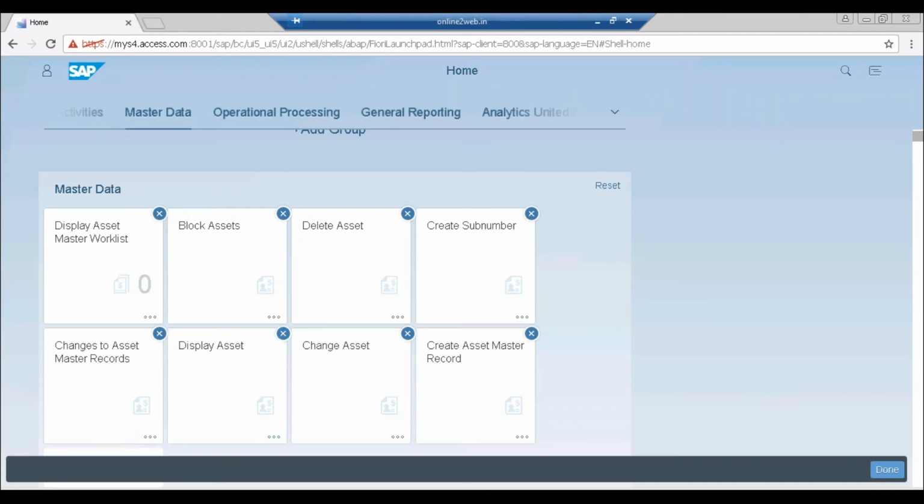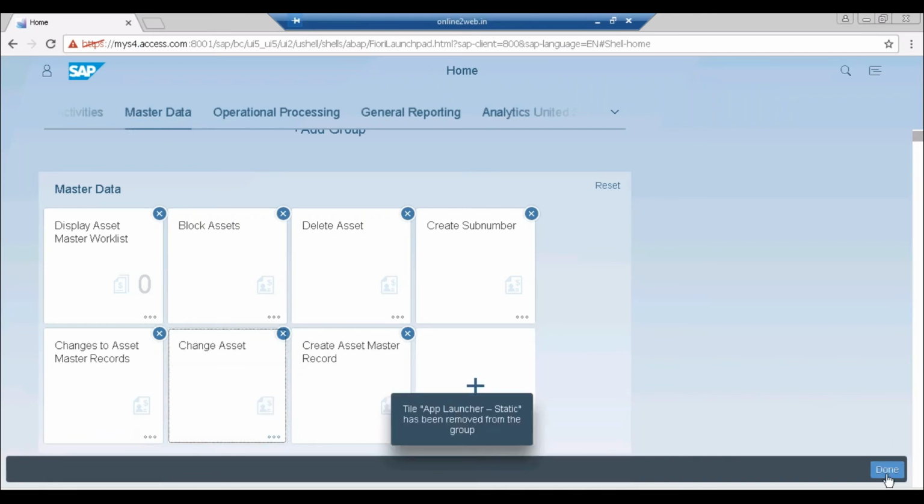Let me just delete this first. I deleted this display asset. Click on this done. So your changes have been done. You are no longer in edit mode. Even though it is saying that I'm no longer in the edit mode, it is still processing. So this cross and all will be completely gone once I'm in the display mode. So let's wait for a second till the time I'm again in the display mode.